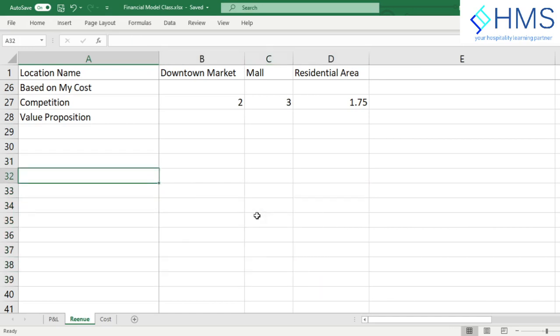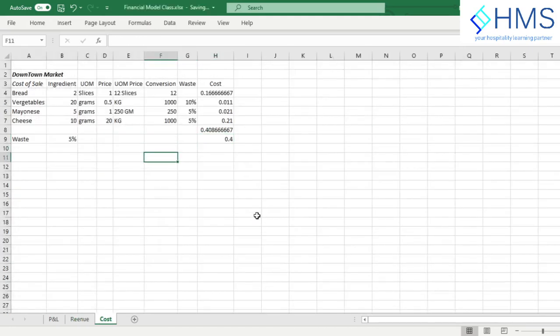So let's say the cost is based on my cost. How much would be the price that you would want to charge? Usually in the restaurant industry, they are running by the cost of sale. What is the average gross profit when you are selling, apart from the service cost, the kitchen cost, the labor, and the marketing? Usually the gross profit margin is, let's say, 75%, so the cost is 25%. So if the cost is 25%, then the price should be $1.7